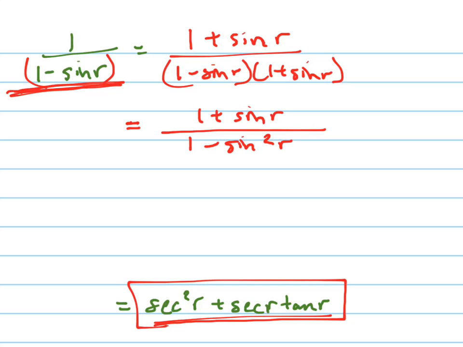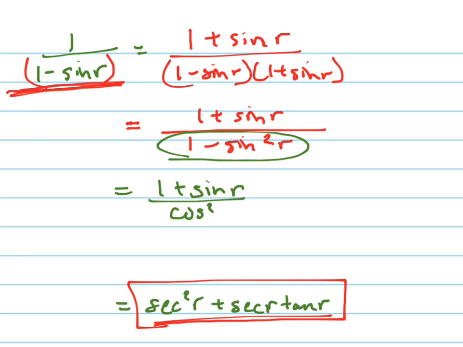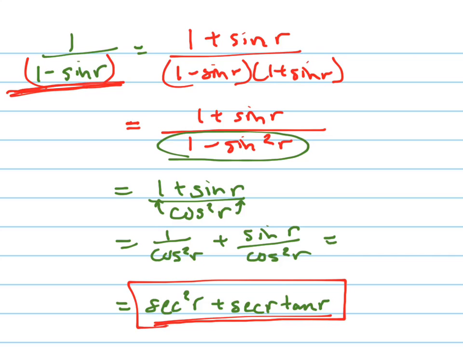This down here, if you remember your trig identities, is just equal to cosine squared. So I have 1 plus sine r over cosine squared r. And now I can distribute the cosine squared into both terms. So I have 1 over cosine squared r plus sine r over cosine squared r. Looks like I might need one more line here, so I'll just write it right here, which equals,